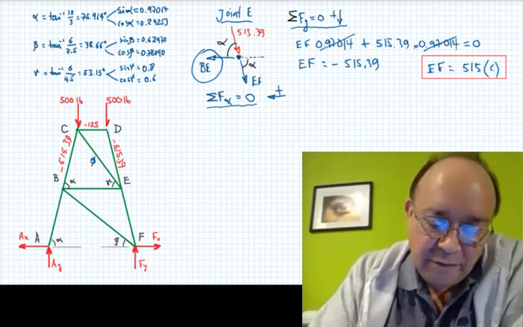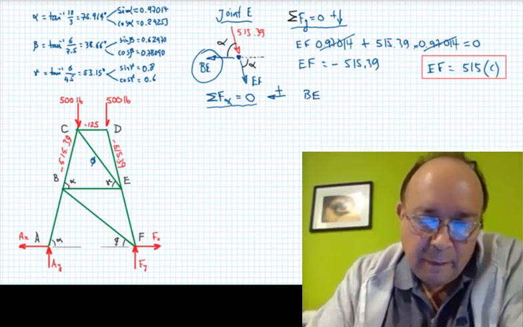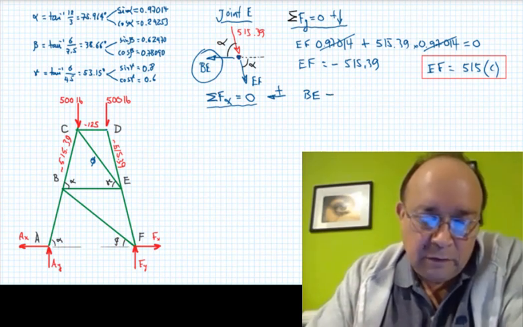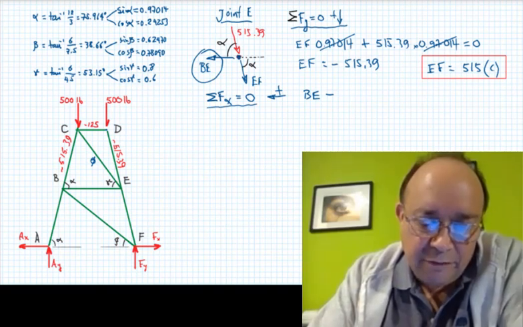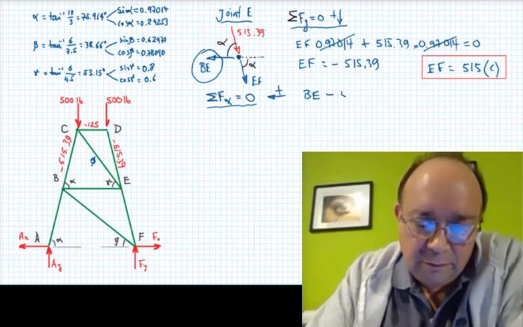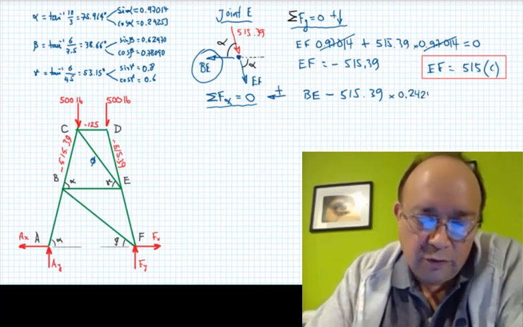So I have here positive to the left, so that means BE minus 515, the red force that is coming down, 515.39 times cosine alpha, 0.24253,